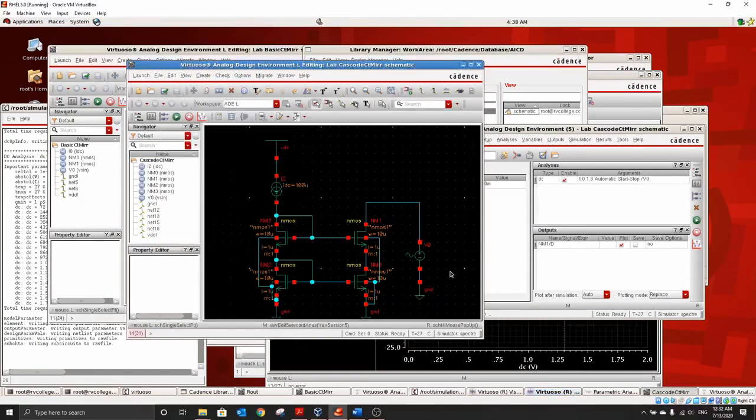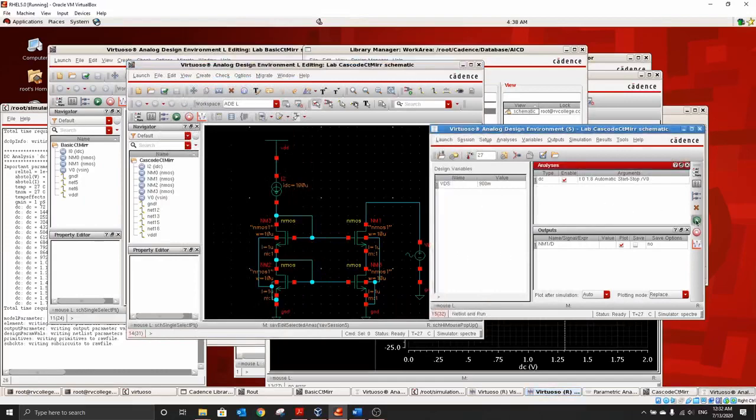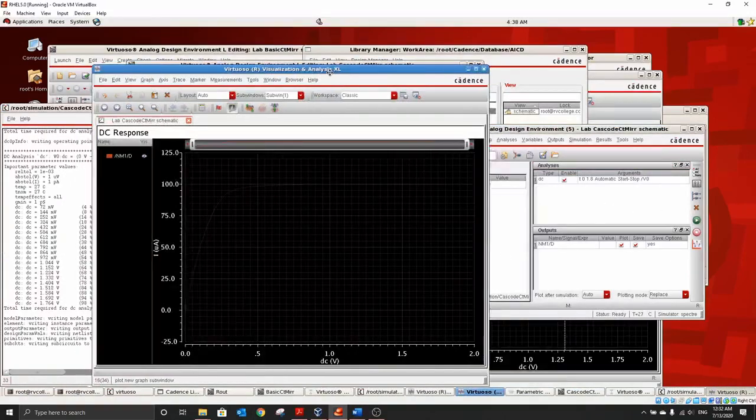Okay. So with this setup, let us try to first run this DC analysis, and we would get this particular graph,